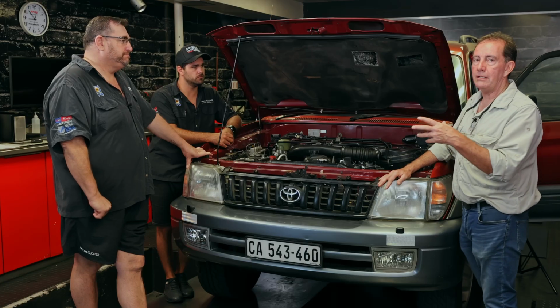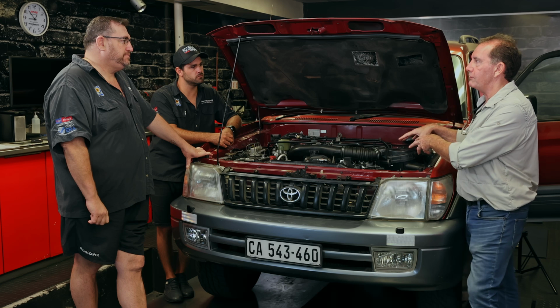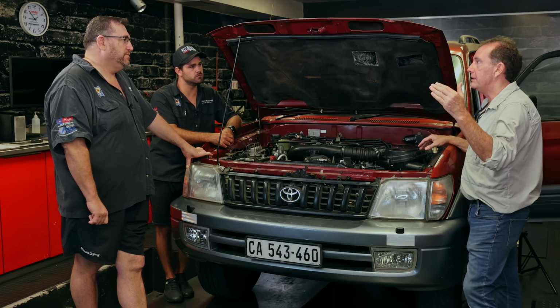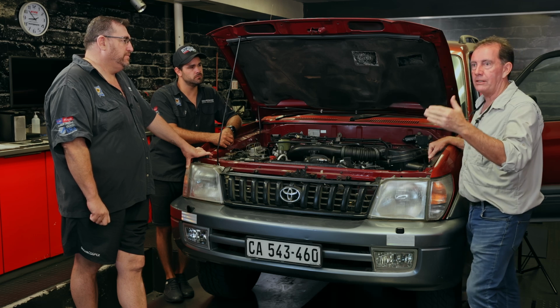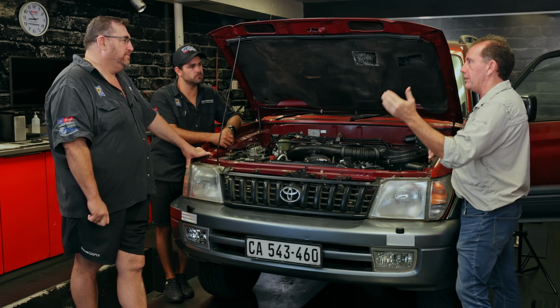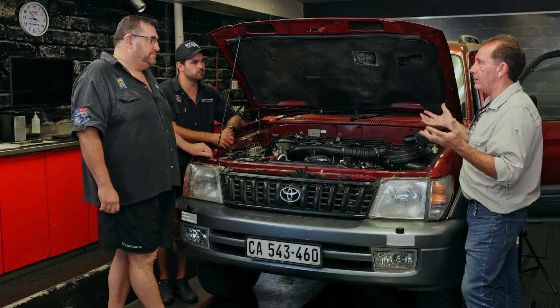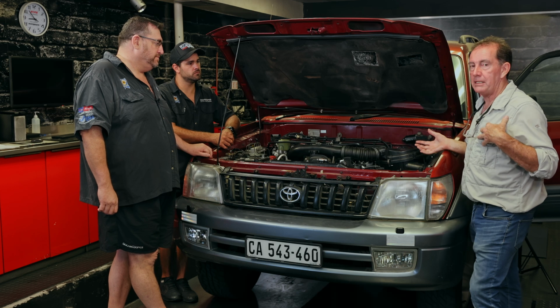And I think that said, we will be fitting an extra fuel filter to this. We do it on all the diesel trucks going into Africa. But again, quality of diesel is one thing, how often you change your filters and your oil. So you've got to take the whole picture into balance to look after a vehicle, taking on the responsibility yourself